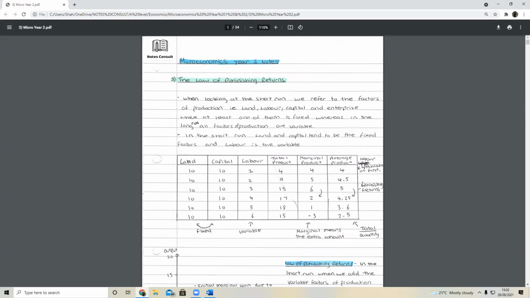That's why it's very vital we get the content done as soon as we can. I'm trying to finish micro this year, and then we can do some past papers on it. Then we have to finish off the rest of macro and do papers on that, and pretty much that would be it. The only thing left after that would be doing paper 3s, but we don't have to go through any extra content for paper 3, because you just have to know the content for paper 1 and paper 2.